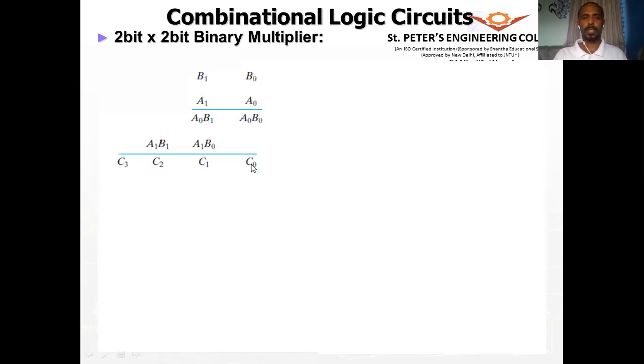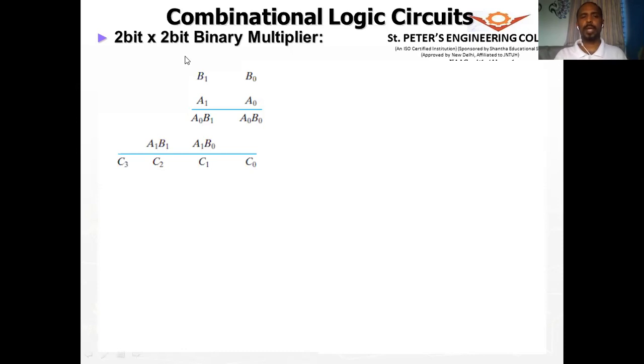So here we don't get a carry, but here we are adding. So it may result in a carry. So that carry has to be added along with the product A1 B1, right? So when we add that carry with this, again it's a one bit and one bit here. So when we add it, it can result in another carry.